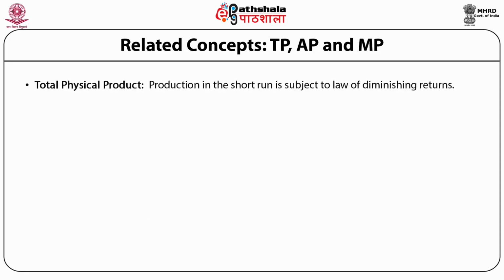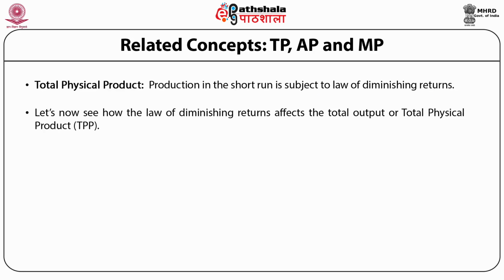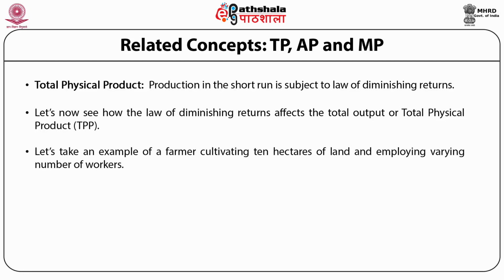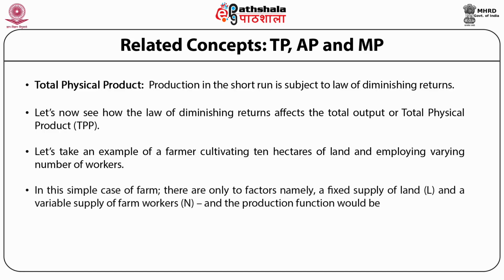Total physical product. Production in the short run is subject to the law of diminishing returns. Let's now see how the law of diminishing returns affects the total physical product, TPP. Let's take an example of a farmer cultivating 10 hectares of land and employing a varying number of workers. In this simple case of a farm, there are only two factors, namely a fixed supply of land, that is L,